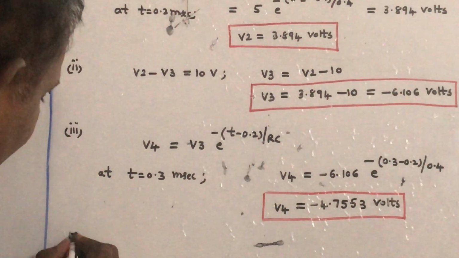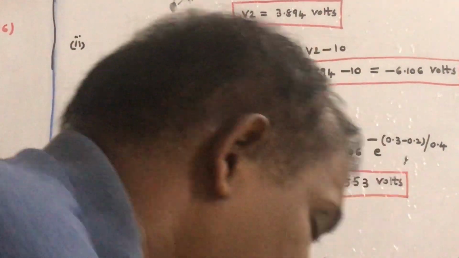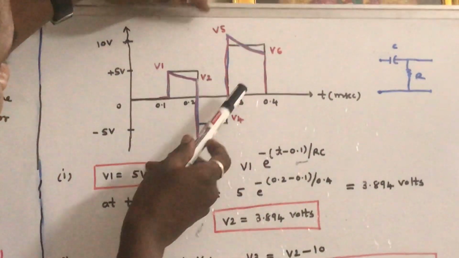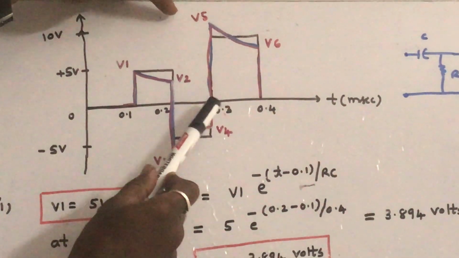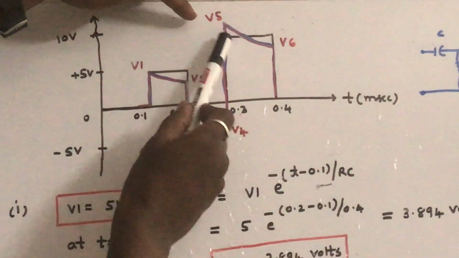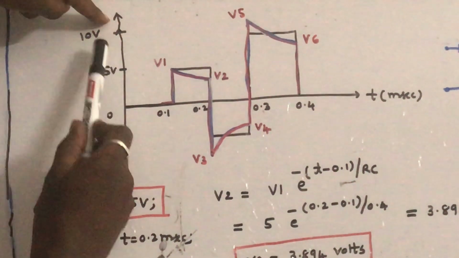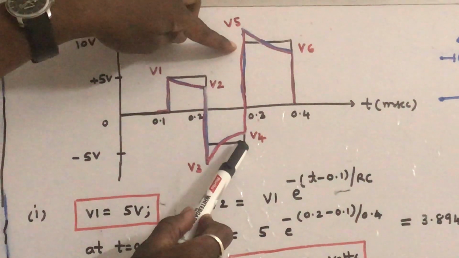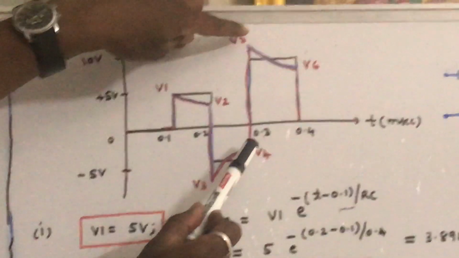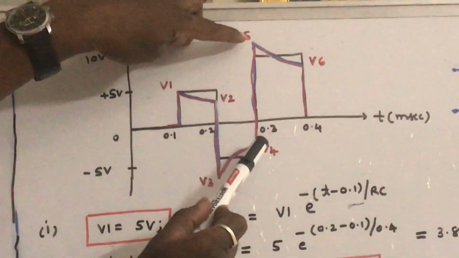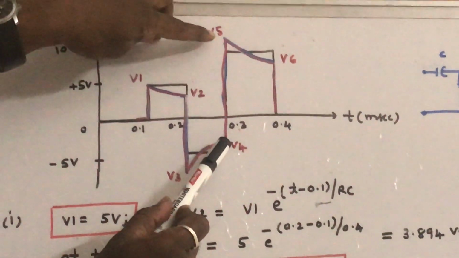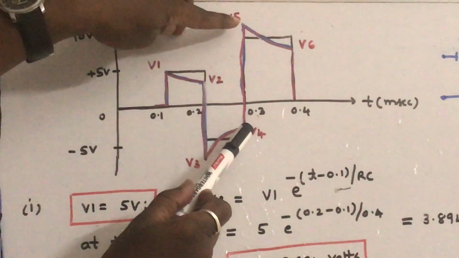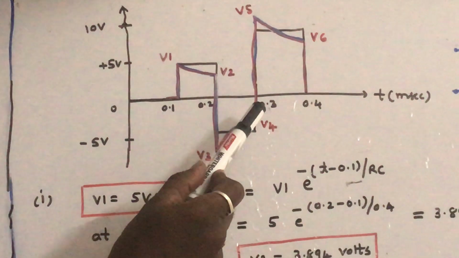Let us calculate number 4. This is the previous examination problem. Now from the diagram you can clearly see that at V4, at the time t is equal to 0.3, the input suddenly changes by 10 minus of minus 5. So there is an amplitude change of 15 volts. So the same amount of change has to appear across the output, since the capacitor will not allow sudden changes. Since the input changes by 15 volts, the output across the resistor also has to change by 15 volts.